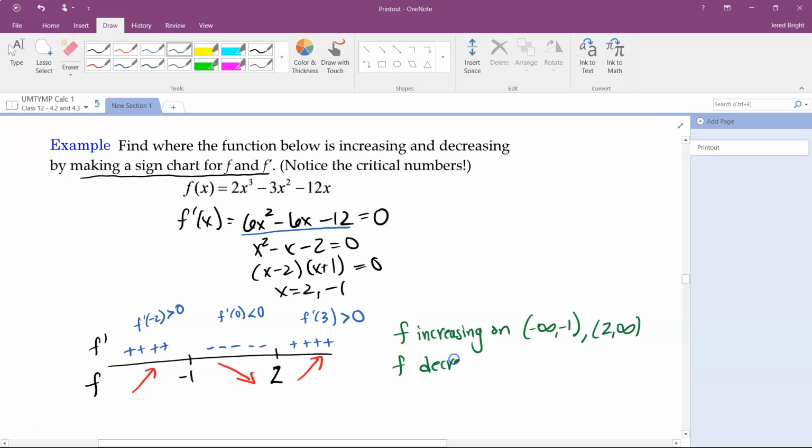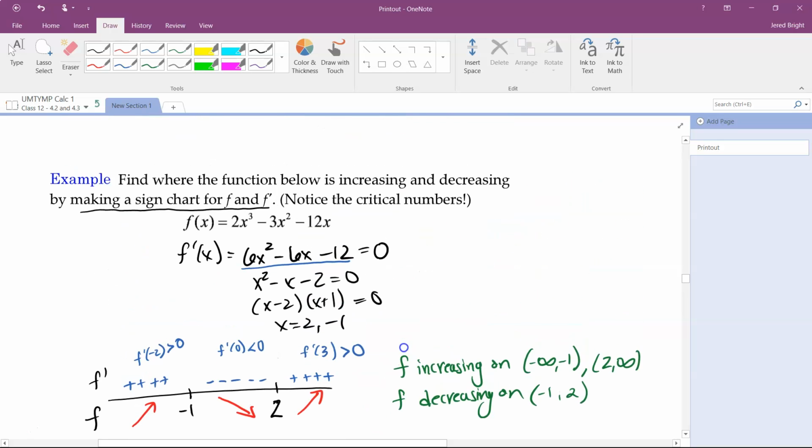And then we would just have to say f is decreasing on -1 to 2. Notice that the intervals are always open. When we talk about increasing, decreasing, we always have to have an open interval because we can't say it is increasing or decreasing at a single point. But nevertheless,